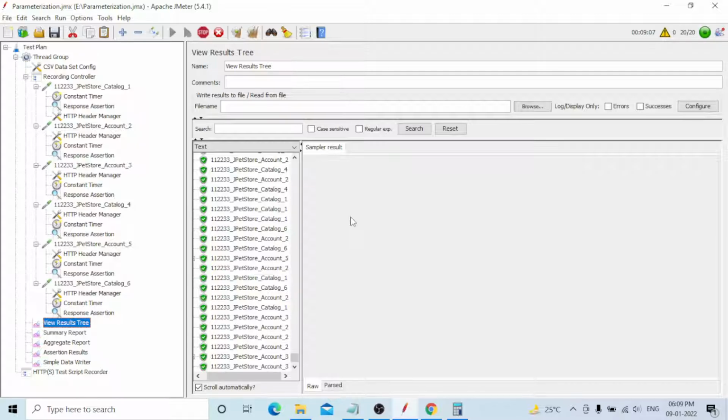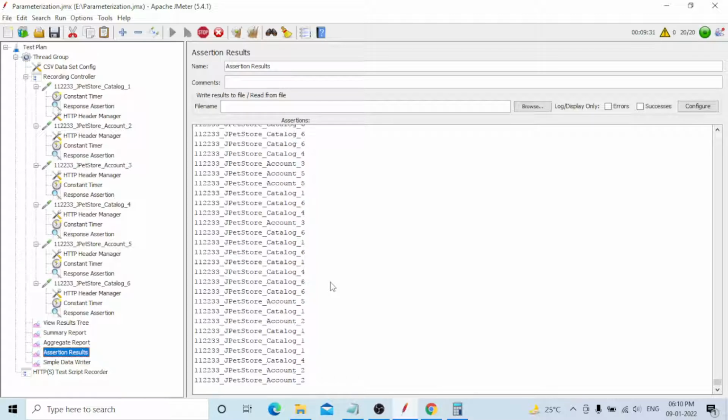Okay, this data will be generating. Maybe you can see that one. Yeah, you can see report one is generating. Okay, don't touch now. Once the test completes, you need to see what is generated. You can see all the things will be executed, and there is no issue on the assertion result side. The aggregate report will keep on being generated.